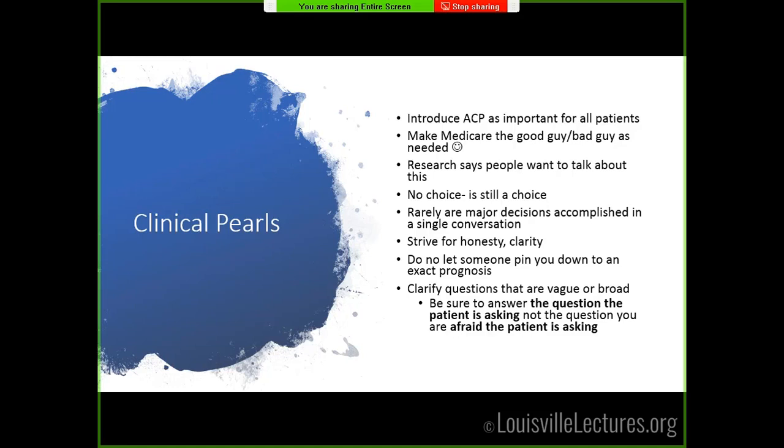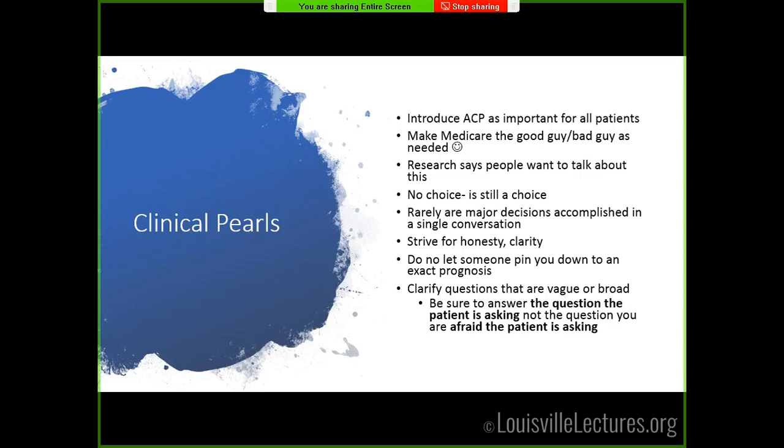Don't ever let someone pin you down to an exact prognosis. When we are providing prognosis to families and patients, we always provide ranges: hours to days, days to weeks, weeks to months. We're never saying 37 hours and 29 minutes. It's a recipe for disaster and for failure, because we'll be wrong, and then we've lost that credibility with the patient or the family, and going forward, making decisions and plans becomes more challenging.